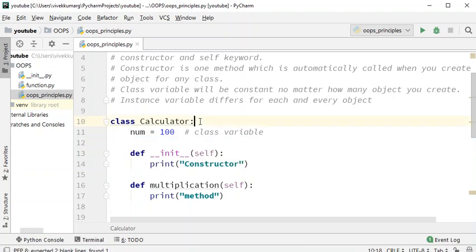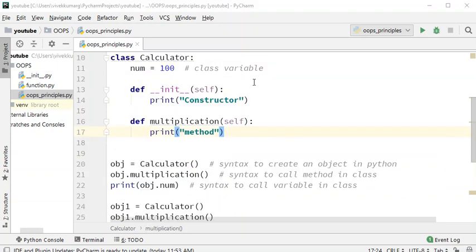Correct. Whatever variable you define immediately just after your class is called a class variable, and whatever variable you define inside the constructor is called an instance variable. Now you understood. Okay guys, now let's understand instance variable and then we will come to the self keyword in Python.